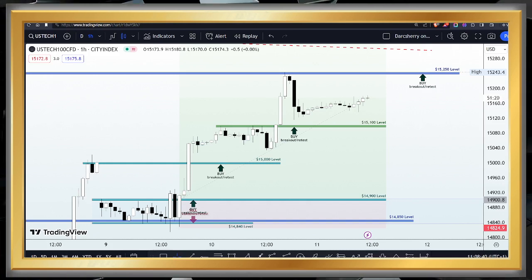So far this week we have been monitoring four major assets, which include the US Oil Spot, the XAUUSD, which is popularly known as the gold spot, the USTech100, popularly known as the Nasdaq, and of course the GBPUSD. And in fact, we've been doing pretty well in the last 72 hours, and we are going to be looking into the details on what has been going on in the market and how we are going to strategically position ourselves ahead of this New York session.